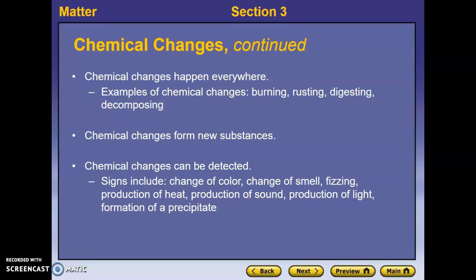I think probably the best example of this would be the instant heat packs. Maybe some of you have used those when you've gone to a football game, or out hunting, or riding snowmobiles. These little packages that you shake the contents of actually get warm, and you're able to put them in your mittens or boots and keep your extremities warm. That's the type of production of heat that we're talking about.